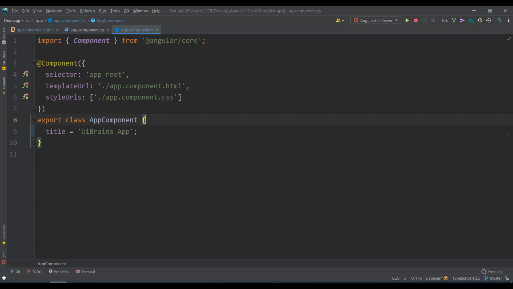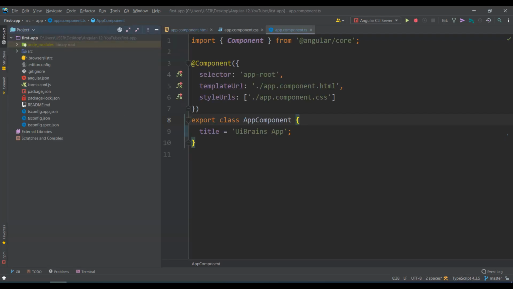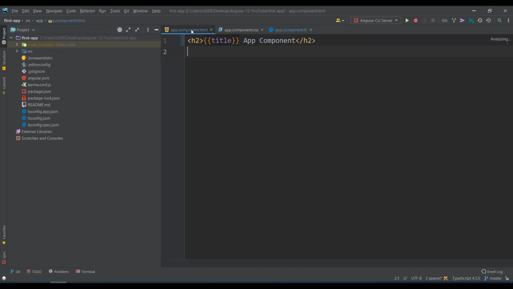Last class we discussed the app component and how to apply the styles. And now we'll see how to create our own component. First of all, we have this app component, but we don't need to write everything in app. We are supposed to create our own components and bind or connect them to the app component. So let's see how it will be.